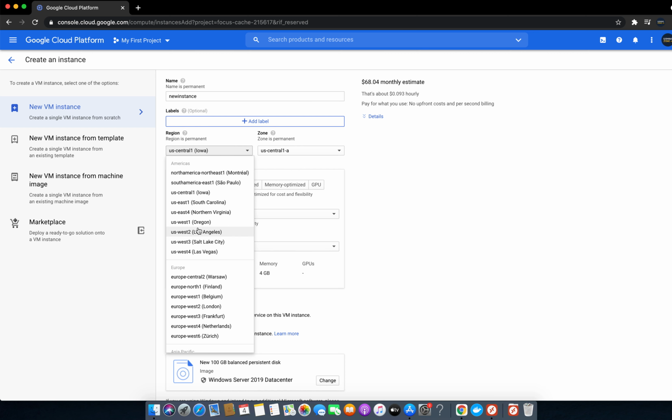Here we will check the zone. The pro tip is to select the zone which is near to your location. For example, I live in Pakistan, so I will select the Asian servers, because the pings are low compared to the European or Western servers.